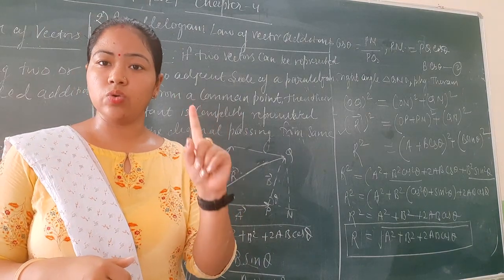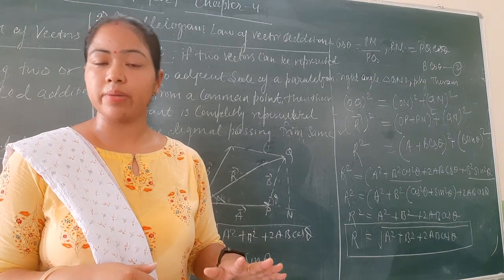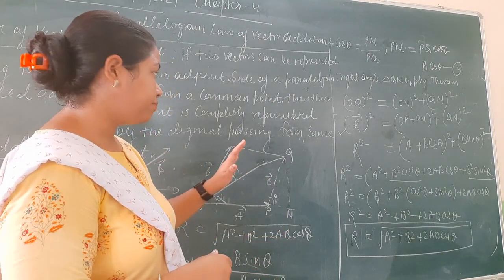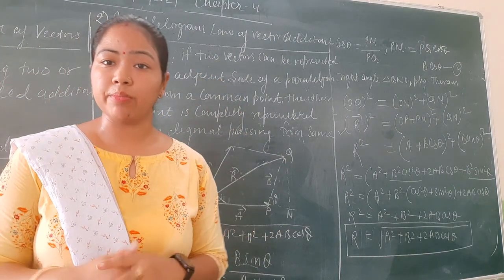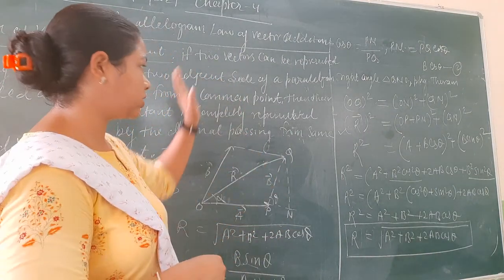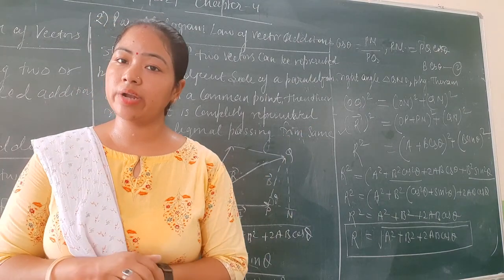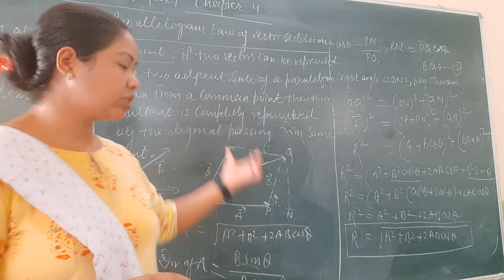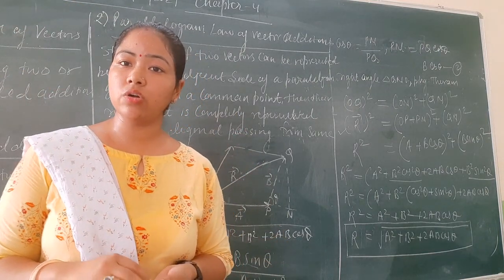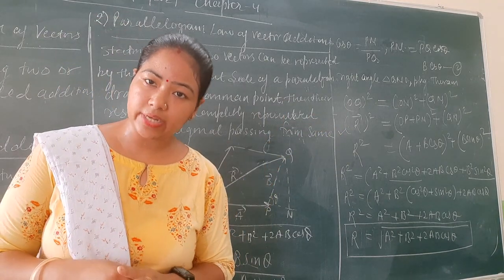That means if you know the expression for the triangular law, there is no need to derive the expression for the parallelogram law. It will be the same for the parallelogram law also, but only the statement and the diagram are different. So you just have to learn the statement and the diagram for the parallelogram law, but the expression for the triangular law and parallelogram law will be the same, right children? So you just do the expression for the parallelogram law yourself, just repeat the same expression, right?